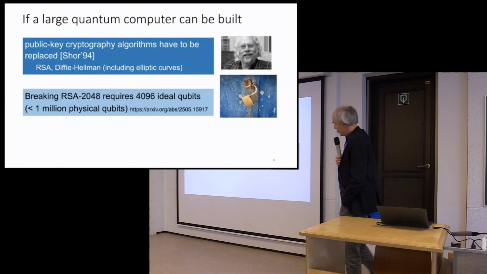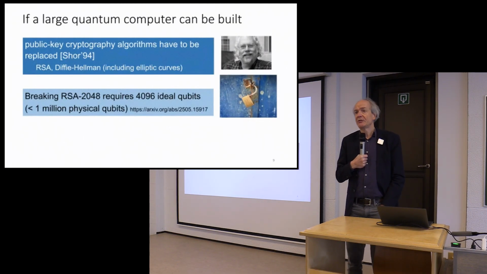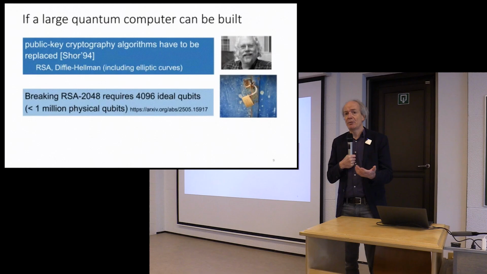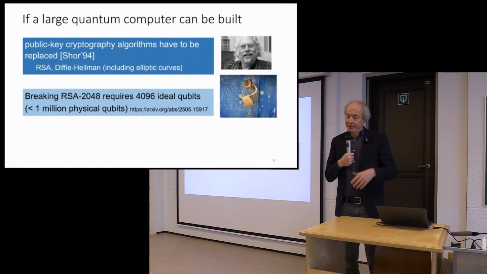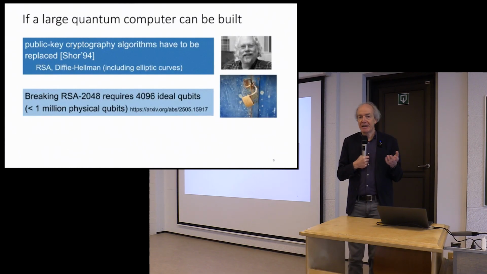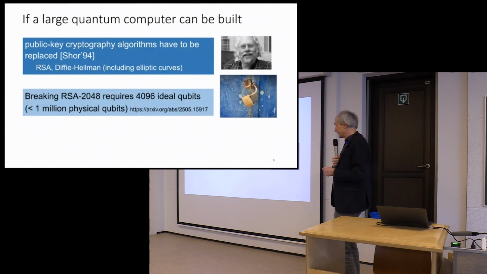And there was a paper by Google saying that you need about 4,096 qubits for this. There are many improvements where you need fewer qubits, but then more of this and that. There are many kinds of quantum computers, we don't even know what they will look like, depending on the physics and the architecture. So you can make trade-offs, but nobody really understands what the trade-offs are. But more or less, this gives you an order of magnitude: you need about 4,000 qubits